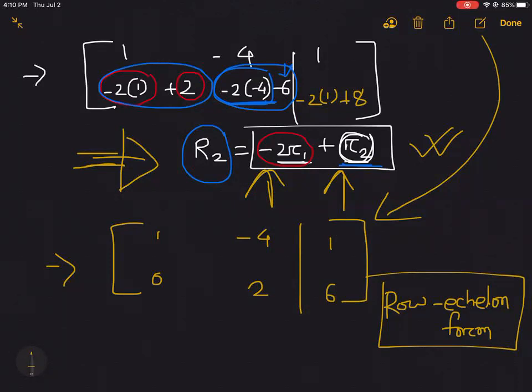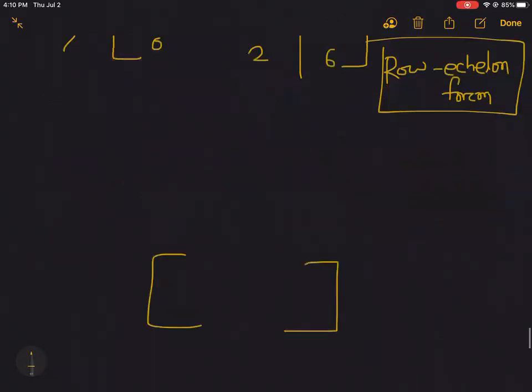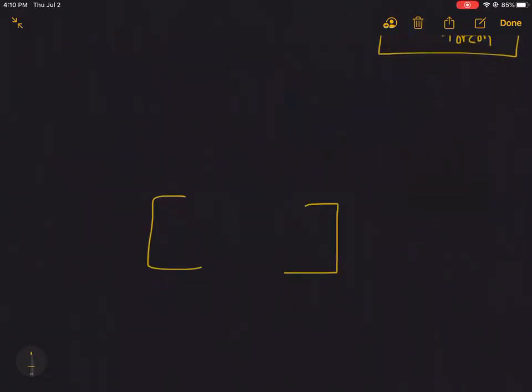A row echelon form is achieved when the first entry, the entry in row 1 and column 1, is 1. That means this guy is 1. Row 1 and column 1, this entry is 1. Okay, and only zeros below this. We will have only zeros in the corresponding column. The other row values in the first column, that means these entries, will be 0. This guy will be 1, the rest of that column will be 0. All right,